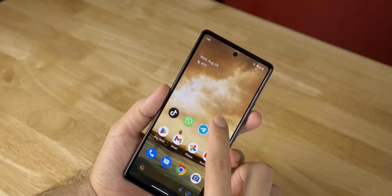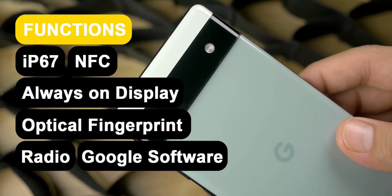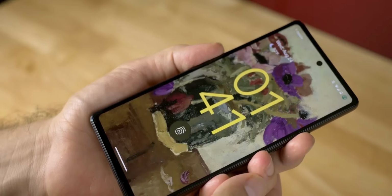But all this is enough, because this smartphone is not under server stress from a screen with high resolution and increased clocking of a multi-pixel camera. All games go on max settings. What about options and features? We have IP67 water resistance, NFC, stereo sound and flagship vibration, always on display, optical fingerprint scanner in the display,